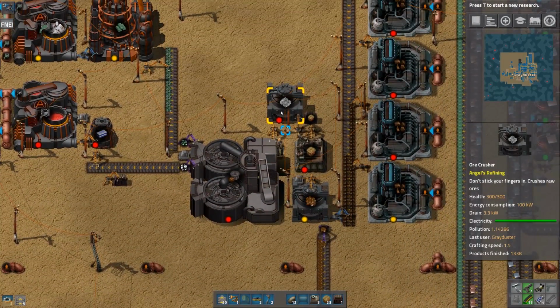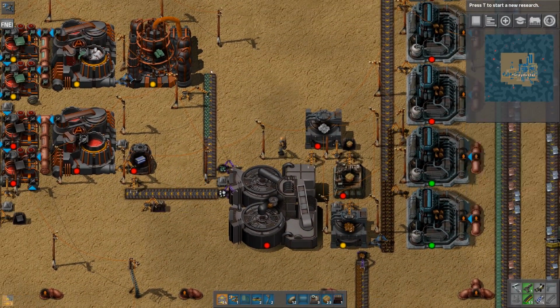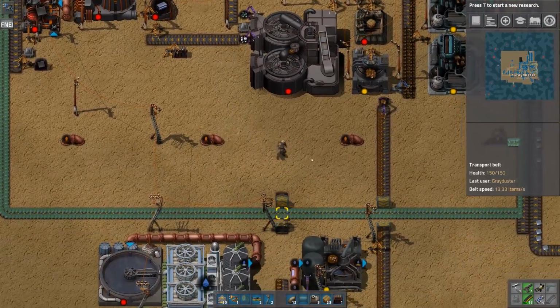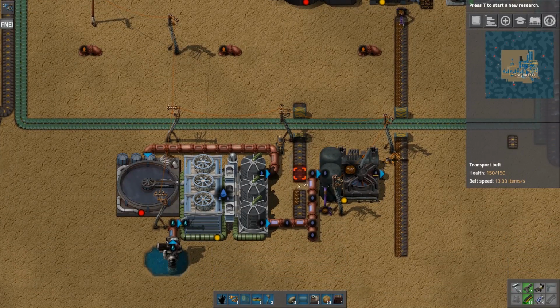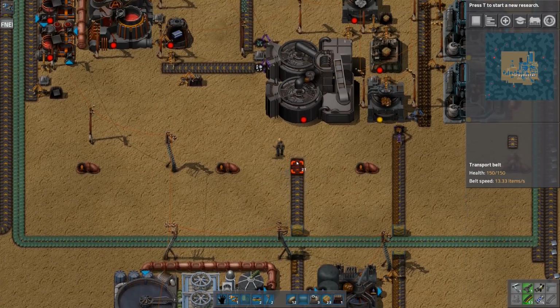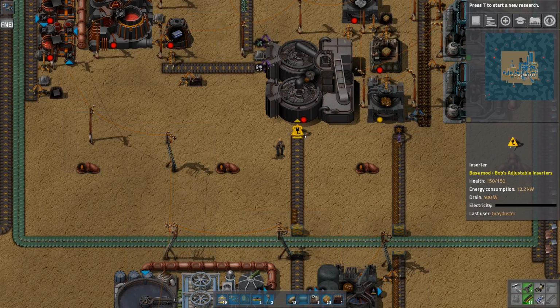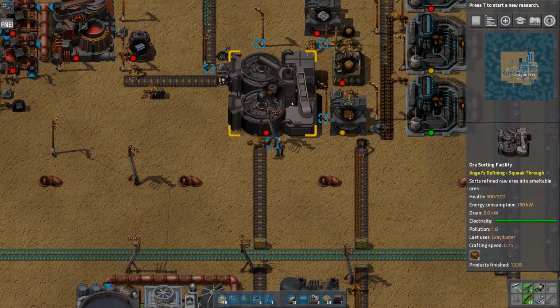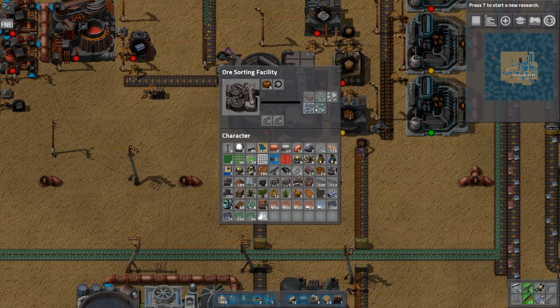The slag is going this way. 2 filter inserters here, sending ores this way and this way. This one making glass, of course. And then we're going to need 2 more. So let's just connect this back up. All right, that will start everything up, or at least it will start until it can't deal with,